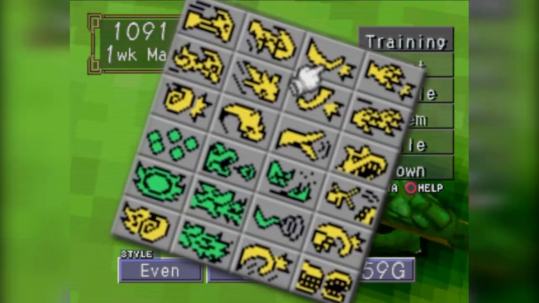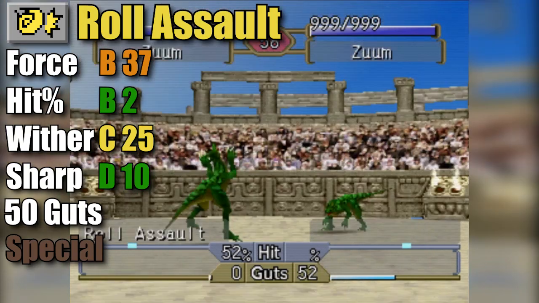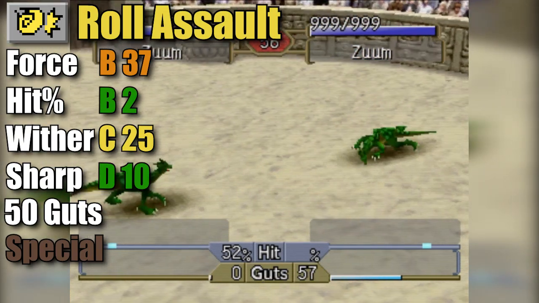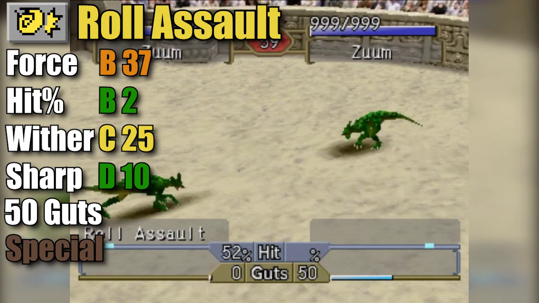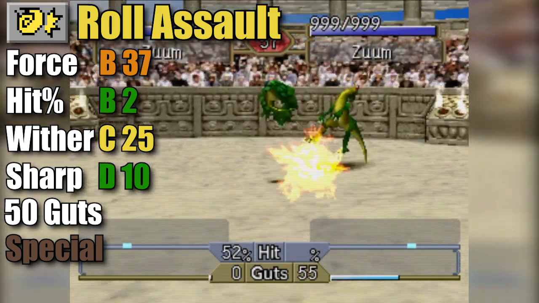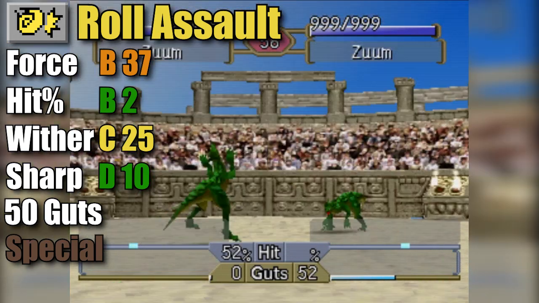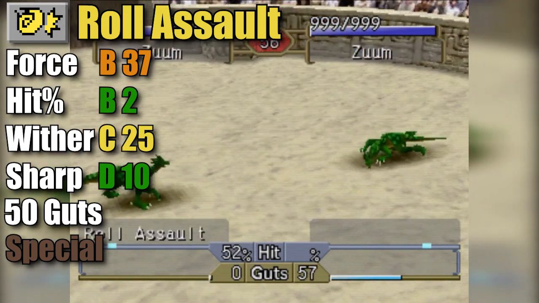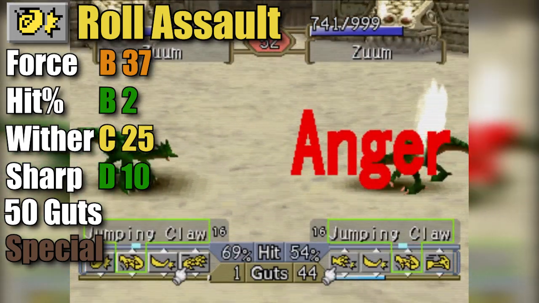Zuum has 2 more power techs, we're not done yet: the Roll Assault Chain. This is easily one of the worst 50 guts techs in the game. It's 10 more effective force and 10% more accurate than Fire Charge for 20 more guts, which, okay, 10 plus 10 equals 20, cool, the math checks out. But it doesn't really. The amount of withering it does is the same as Fire Charge, except you'll have wasted